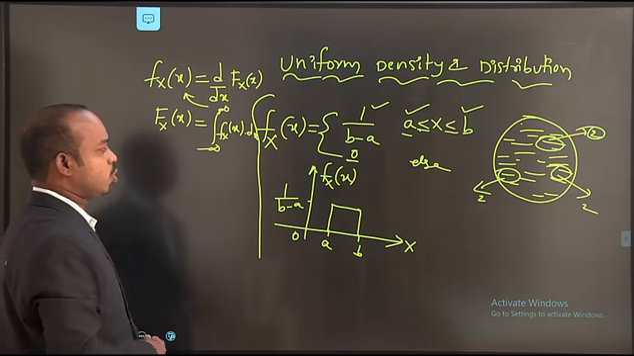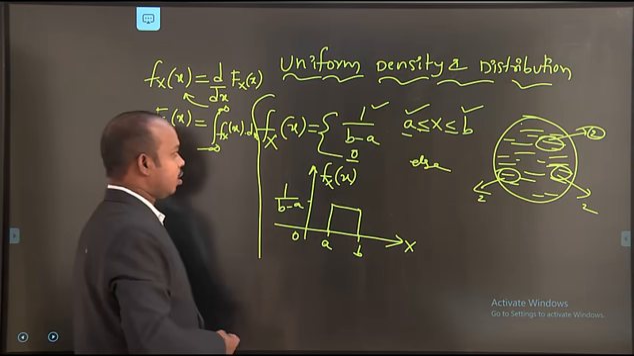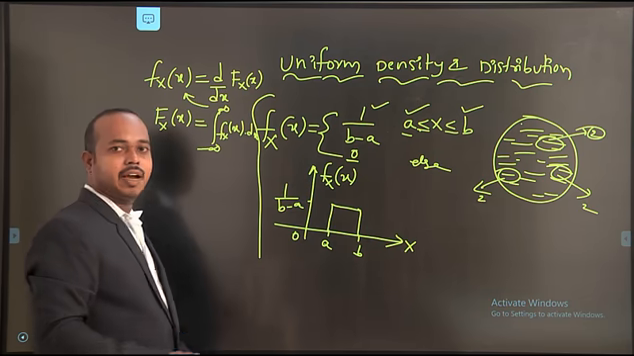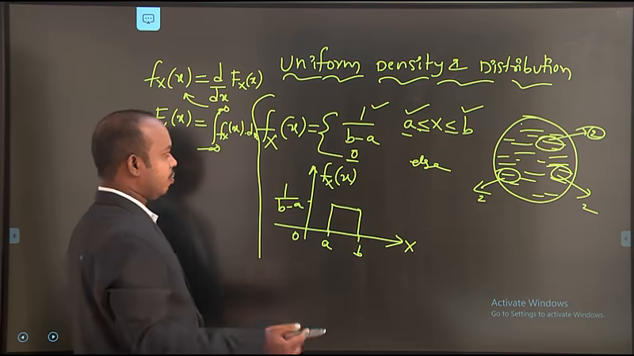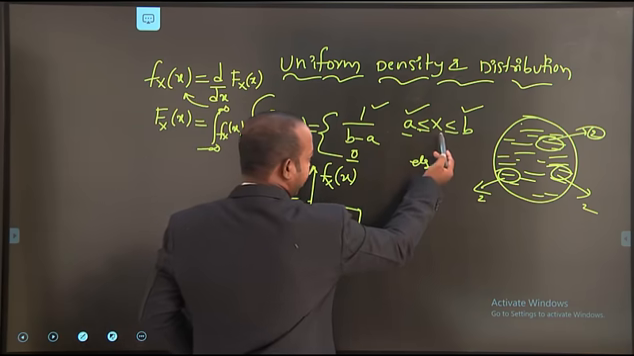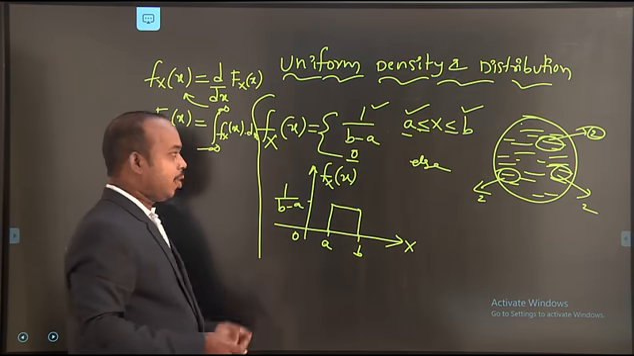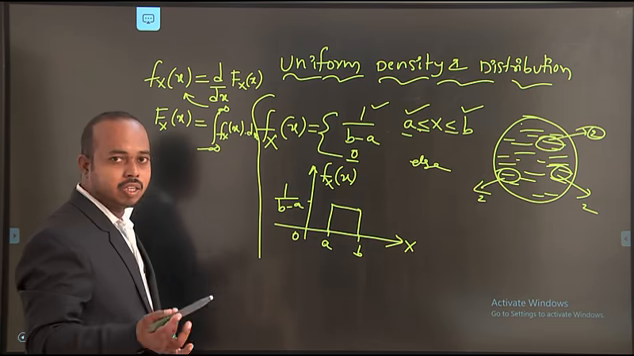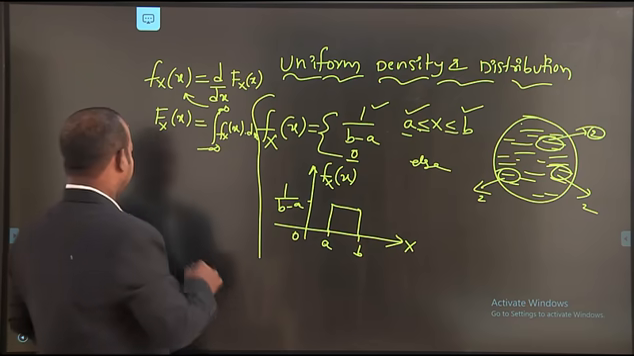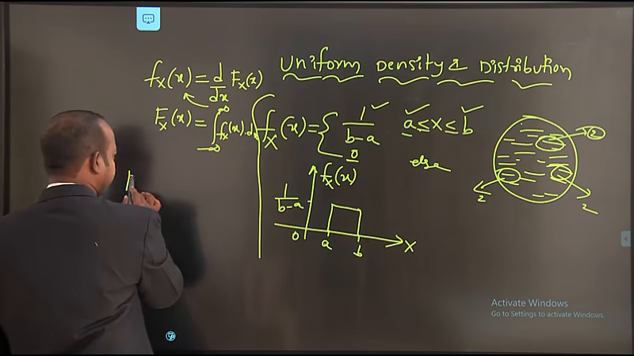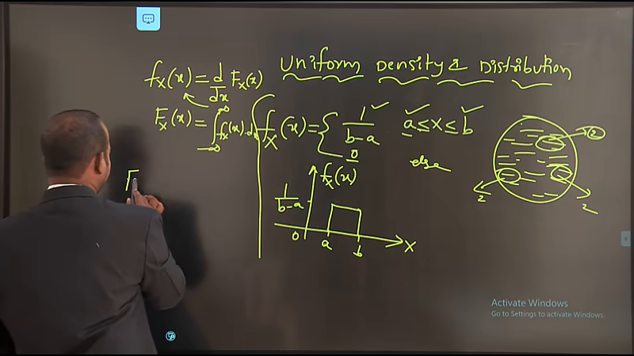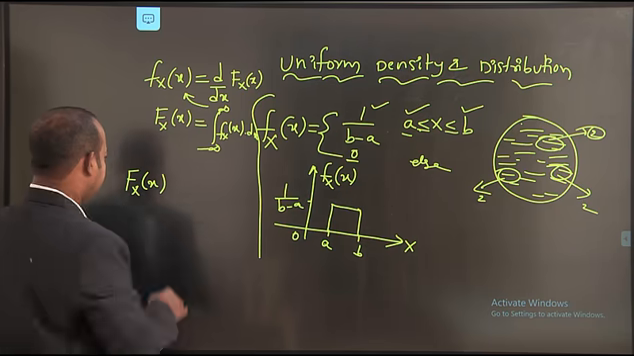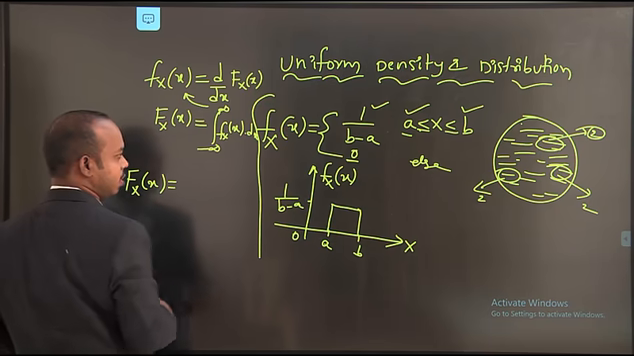But here, what are the limits we are having? First, take the limits as a and x: the lower limit is a and the higher limit is x. Based on the limits, I am integrating the density function to obtain the distribution function. So F_X(x) is equal to